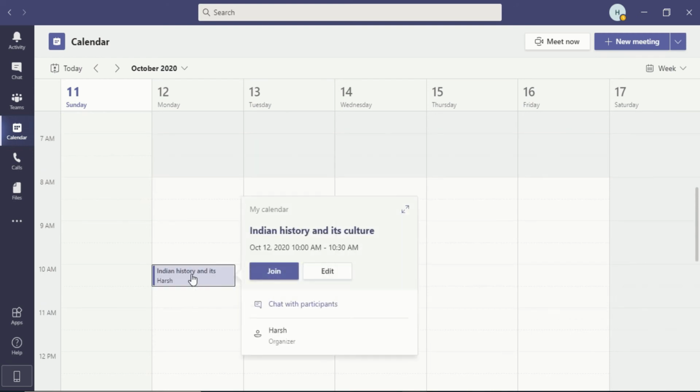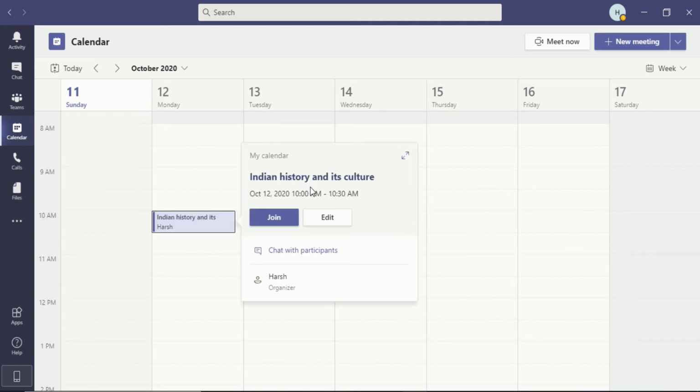Now when I click on it, you will see my calendar has an Indian history and culture schedule for tomorrow at 12:30 a.m. In here there are two procedures. Because the meeting is tomorrow, I can edit it now so that tomorrow I do not need to edit it: everyone is not welcome in my meeting, only certain persons who are particular to my class will enter through my permission. Or there is another method, in which you are in the meeting, then you remember that you forgot to do that and you want to make the changes. So in both cases, you have to do it differently.